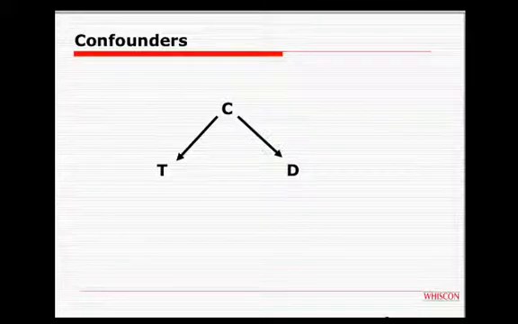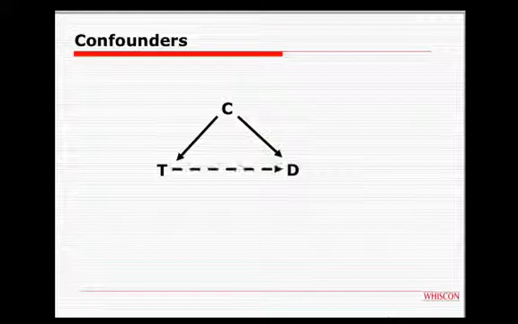In general, confounding arises when a characteristic marked C here gives rise to both a treatment and to a disease. In that case, there appears to be a correlation between the treatment and the disease, which has nothing to do with any causal effect of treatment, but simply the joint effect of the confounder on both. We have a variety of methods for controlling for or blocking the effects of confounders. Facing us in this series of talks is that of unmeasured confounders. With these, since we haven't measured them, or we may not even know that they exist, there is no possibility